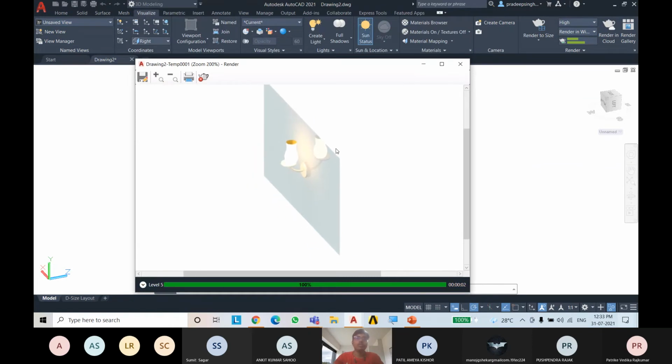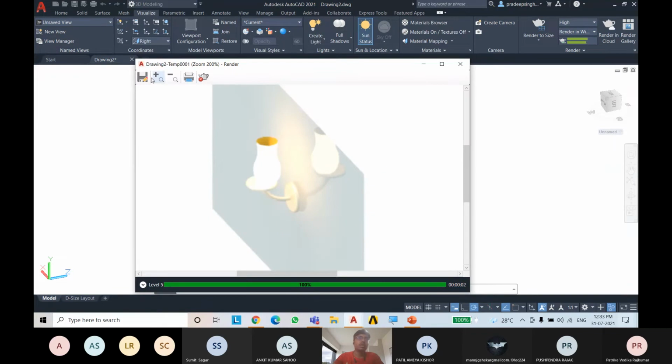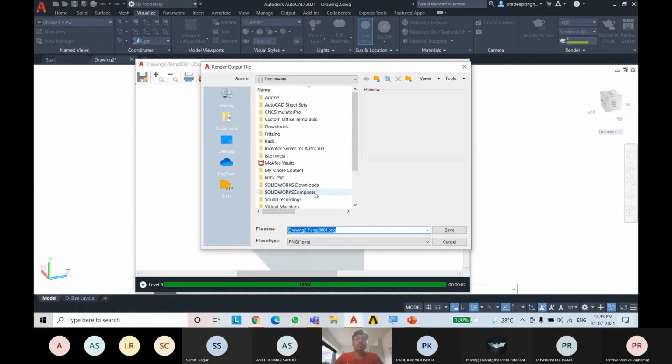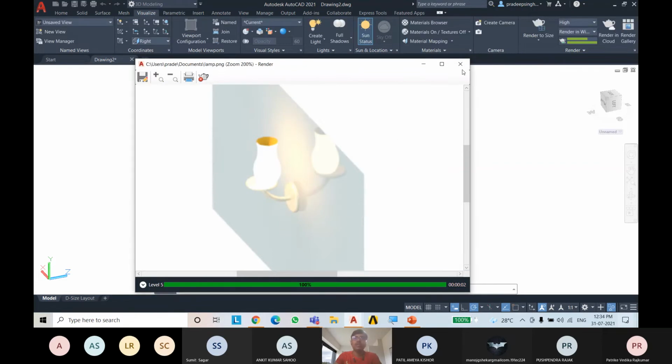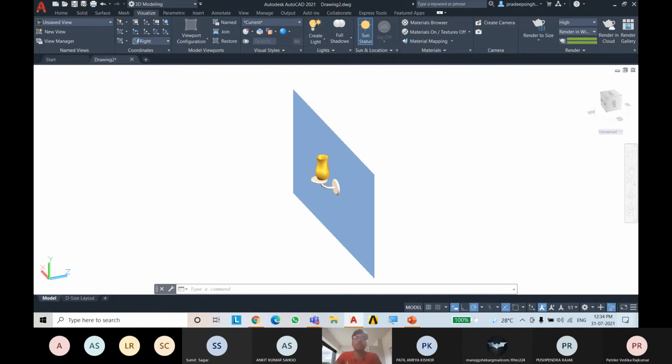So once you have done all the settings and reflectivity, you can download this using save. Type anything for the name, like lamp. You can have all different types of options. Save it. Then it will ask you for different bit depths, 8 bits, 16 bits, 24. According to the bits, the quality of the saving will increase or decrease. If you choose 24, it will be less quality than 32 and 8. So I will type 32. It will automatically save in the place where you want.